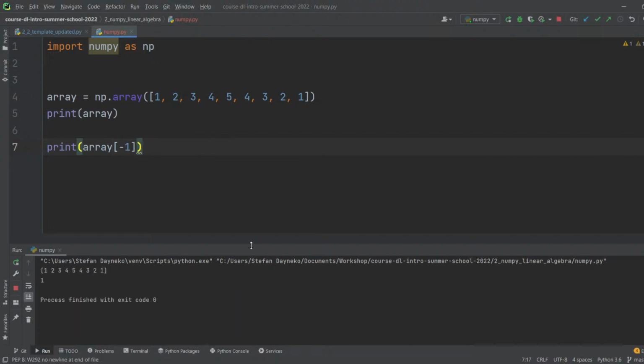So you're selecting -1. That's clear. How can we select all the elements